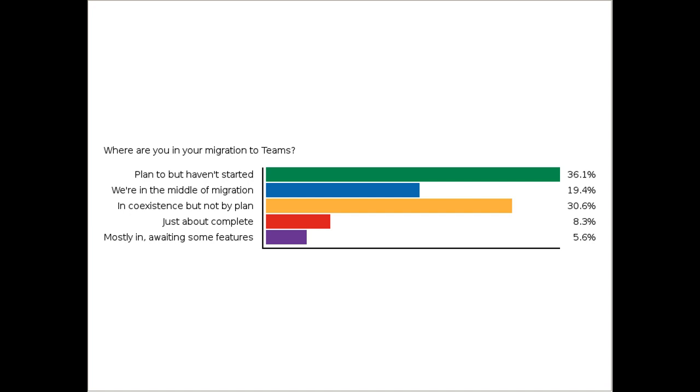So from a perspective of planning, you'll notice that that's absolutely what we're going to be talking about here from a perspective of network, and really being able to help you understand some tips and tricks from the field in relation to preparing for Teams. It's also impressive to note that the number that are in coexistence, but not essentially by plan, often ends up being kind of this island mode, but not by intention, and causes confusion,